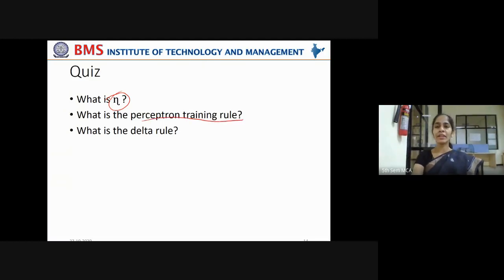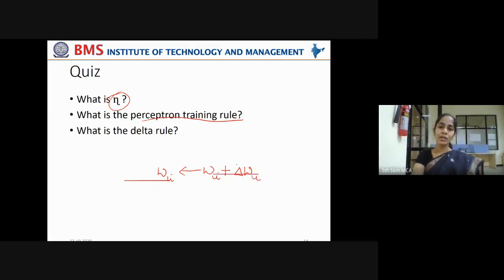What is the perceptron training rule? Can you give me the equation? Wi is equal to, what is the perceptron training rule? How is the weight adjustment done, how is the perceptron trained to adjust the weights? Wi equal to Wi plus what is the weight adjustment that has to be done?